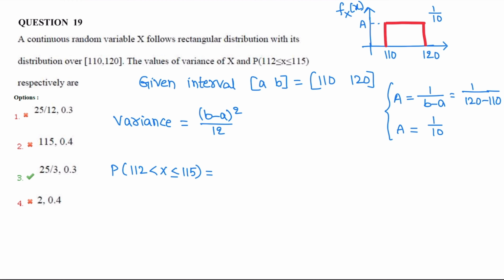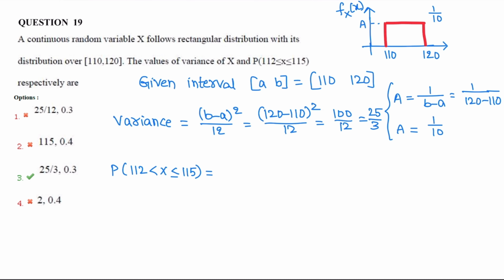So we need to calculate the variance. Variance is (b minus a) whole square by 12, which is (120 minus 110) whole square by 12, that is 10 square by 12, 100 by 12, 25 by 3. Now the probability density function, probability of 112 less than or equal to x less than or equal to 115 is,